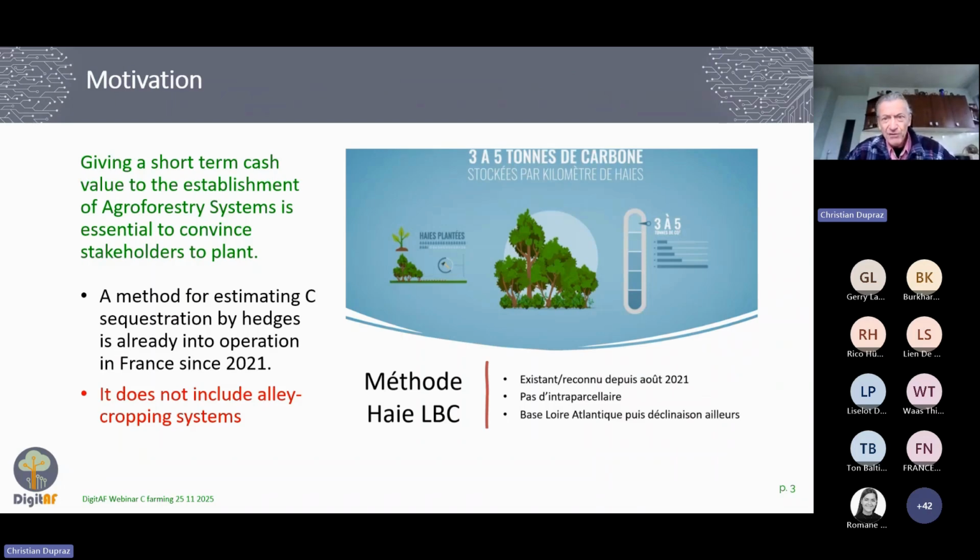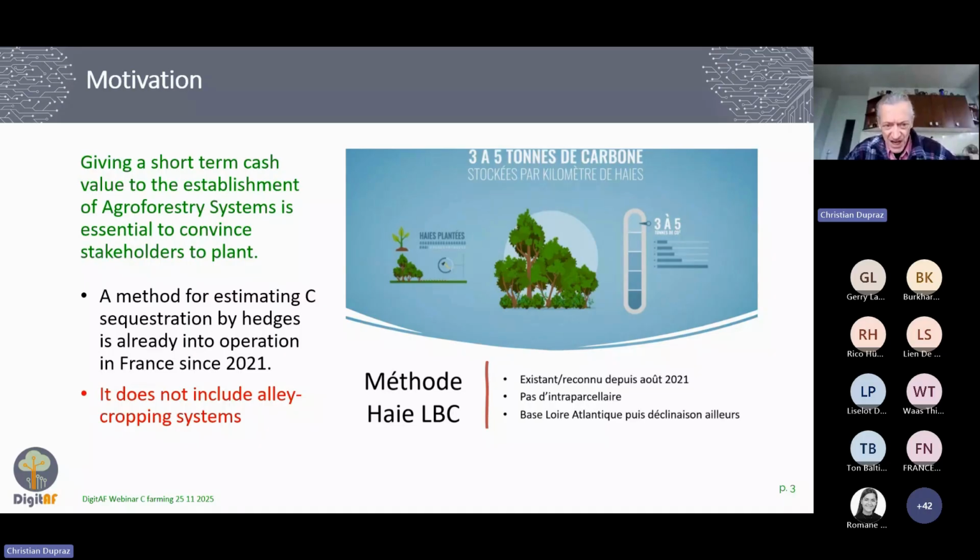The motivation for this study was that we have to put into operation some cash value for carbon storing in agroforestry systems,